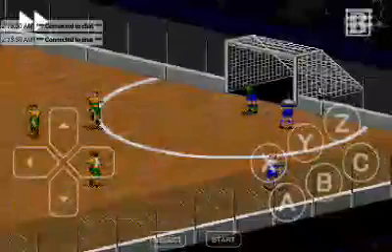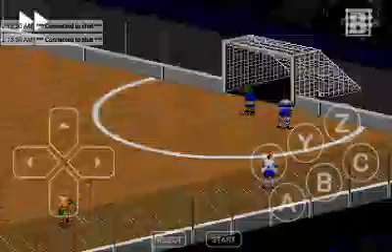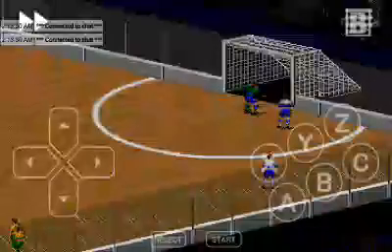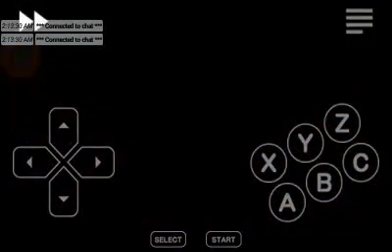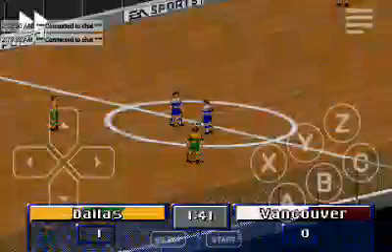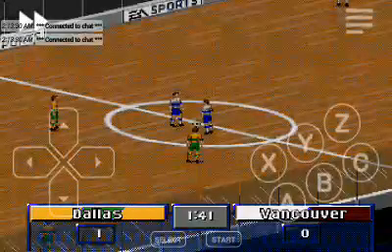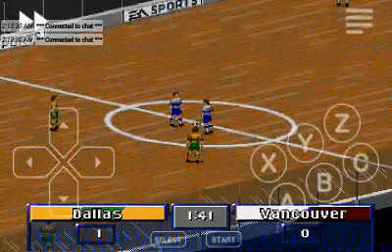There's a definition done with a head goal, the head shot. Closing now into the second minute of the game, the score goes Dallas 1, Vancouver 0.